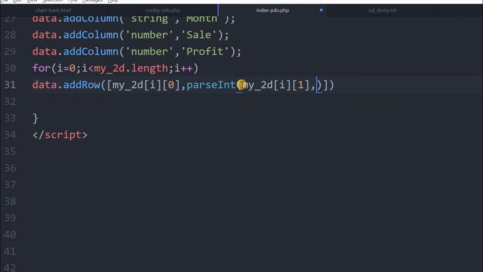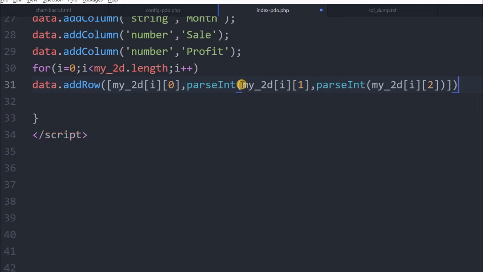Now one more part. We have taken 3 columns. So once more parseInt, and I am pasting it here. This is again after 1, this is 2. I should be careful about these brackets. Yes, the bracket closes. I think I made some mistake here. This is not required, maybe square, and this is not required.